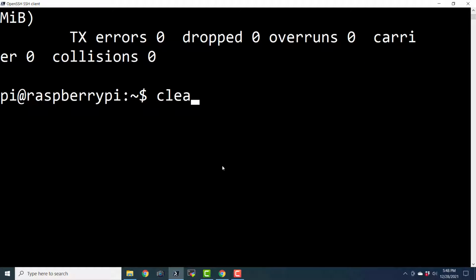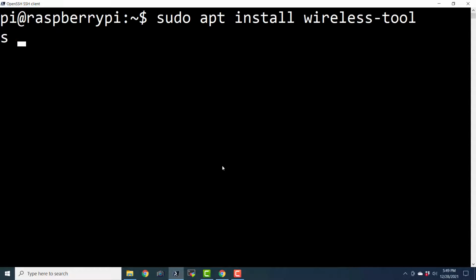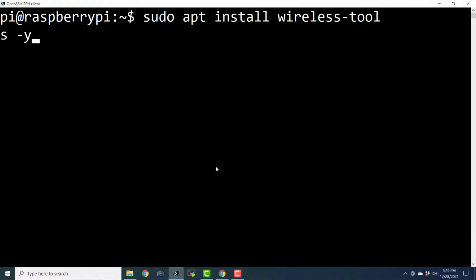Now we can also get the details related to the wireless stuff, and for that we need to install a set of utilities. So the command is sudo apt install wireless-tools -y.